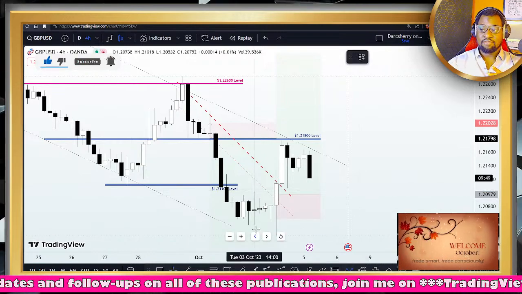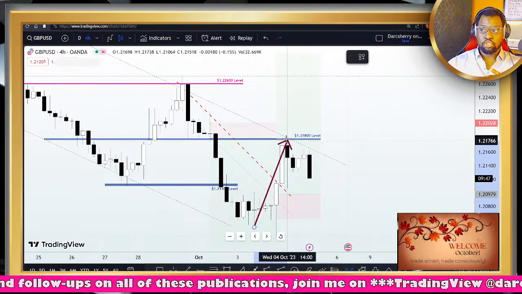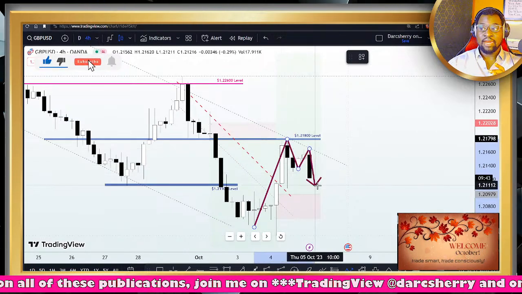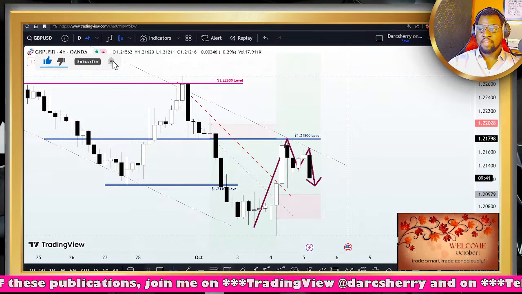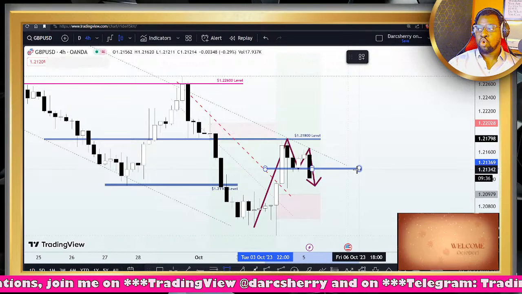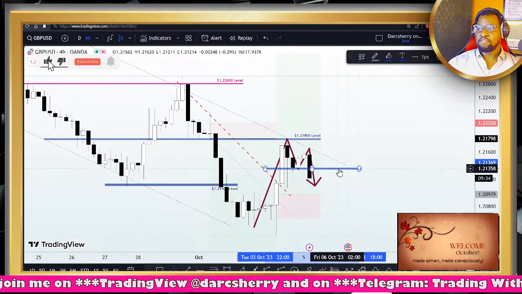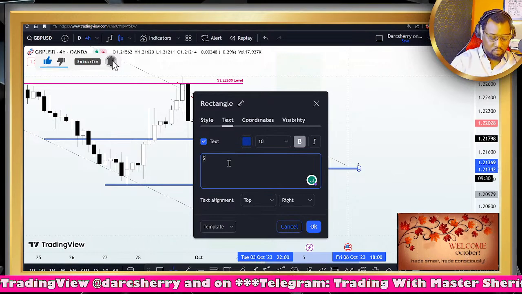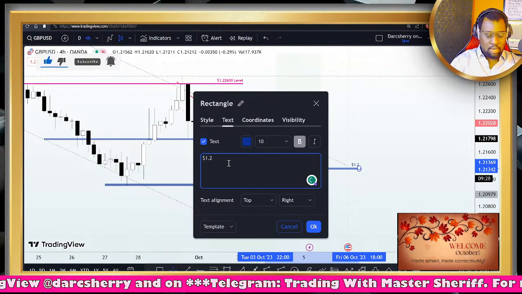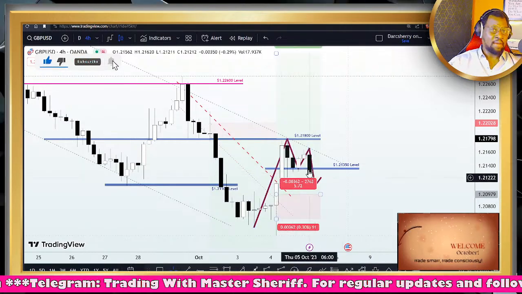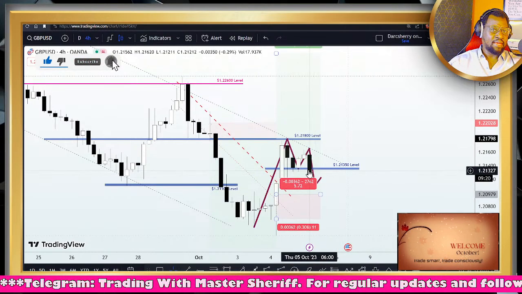And in fact, we have something like a double top structure right here, giving us a reversal pattern in that regard, where the breakdown of the neckline may be around here. We have a neckline around this 1.21350. Hold on a second, let's label that area 1.21, as you will see here. So we have the neckline here, which appears to be a little bit broken to the downside right now,